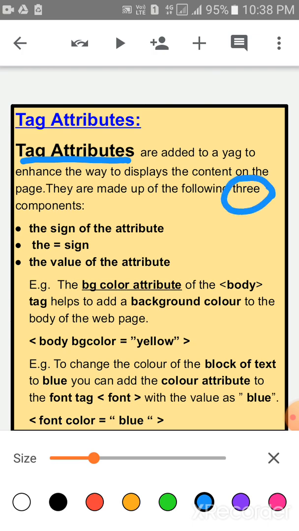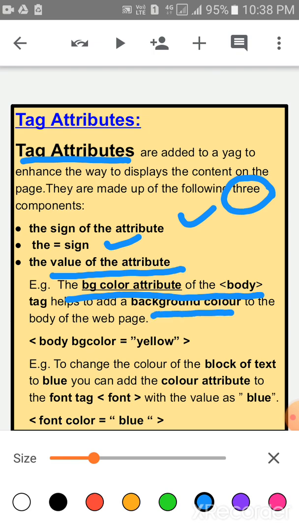Number 1 is the name of the attribute. Number 2, equal to sign. And last is the value of the attribute. Example, the BGCOLOR attribute of the body tag helps to add the background color to the body of the web page.